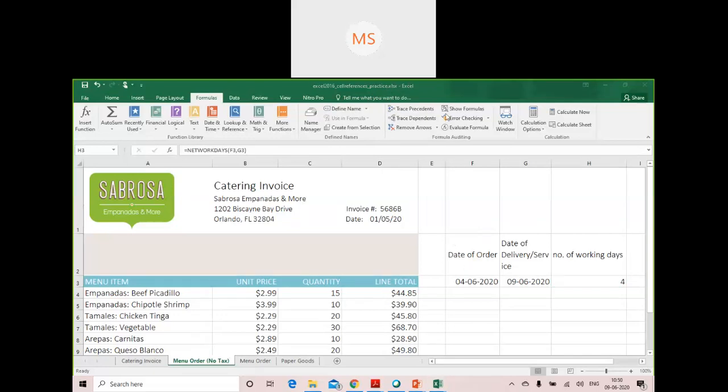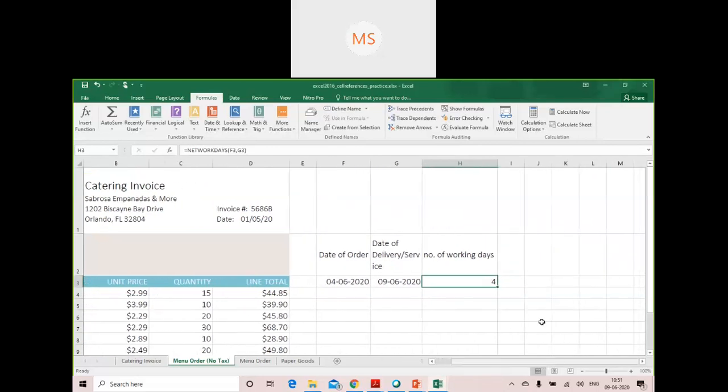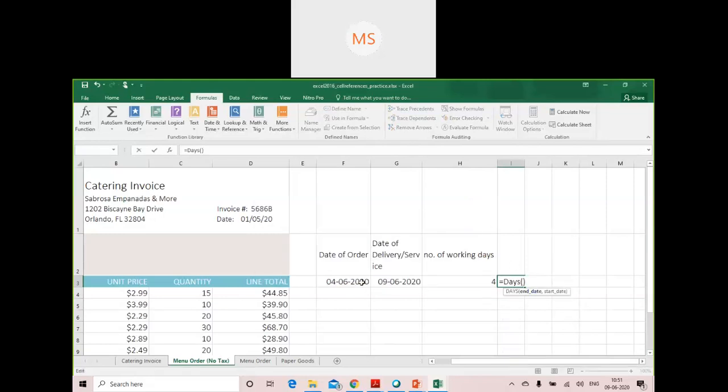There is a question from one of the students who asked what if we need to count all the days between two different dates, meaning we don't want to skip Saturday or Sunday. Simply for that, there is a function known as DAYS. The moment you use this function, it gives the difference or the count between two different dates. So here this is the range, between F3 and G3. You press enter, you will get -5.